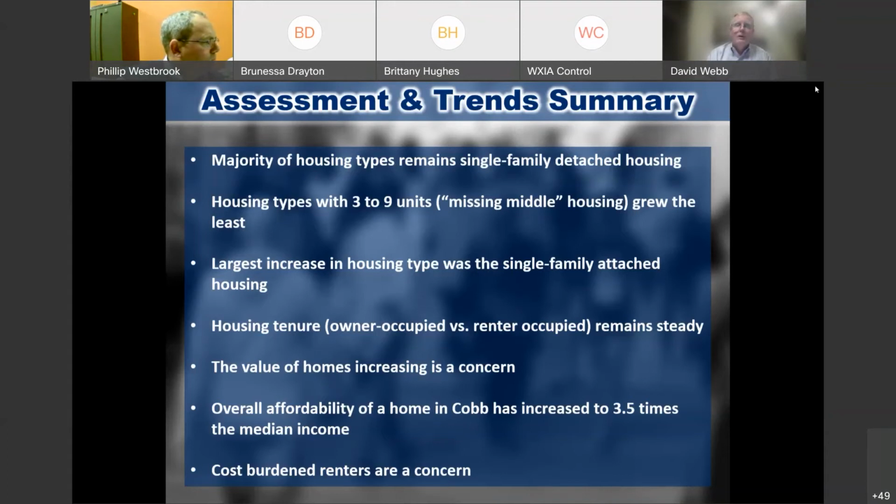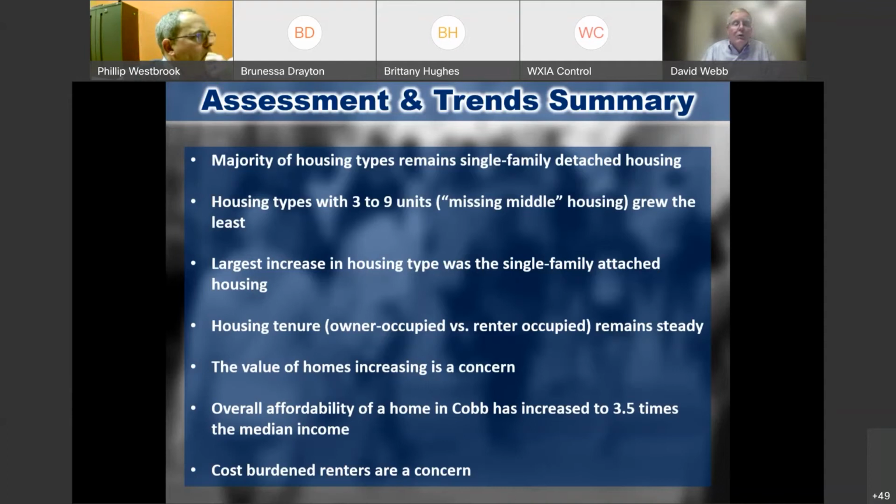The rapid increase of value does remain a concern. You all probably are starting to see increased tax bills. We really don't address that specifically in the comprehensive plan. Again, that's an elected officials' decision on a year-by-year basis based on the county budget. We just note the trends in the comprehensive plan to help inform those decisions going forward.